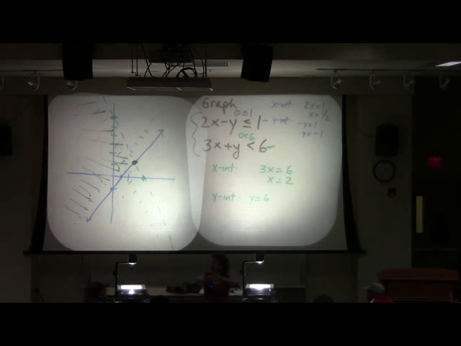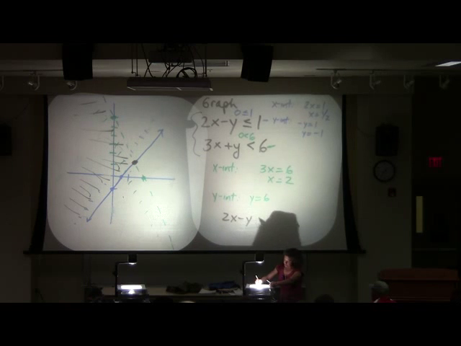Okay? So, but let me make a quick comment. Suppose you're kind of sloppy with the way you do things, or like you're in this situation where your pencil's not very sharp. Aren't I asking where 2x minus y equals 1 and 3x plus y equals 6 intersect?